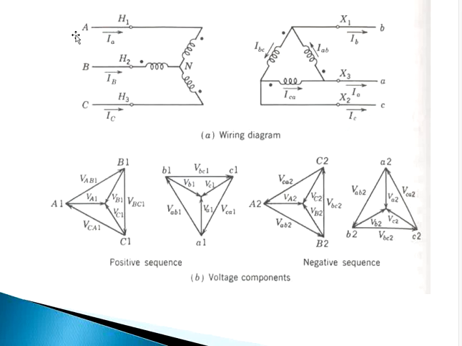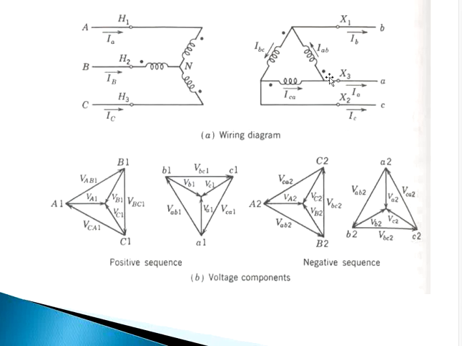Now, the phases of primary have been designated as A, B, C, capital A, capital B, capital C. The phases of secondary are designated as BAC. Why is it designated as BAC? Why is it not ABC? I have assumed that my current is from here. So A to B, B to C, C to A. Again here. So I assumed that current is entering here.